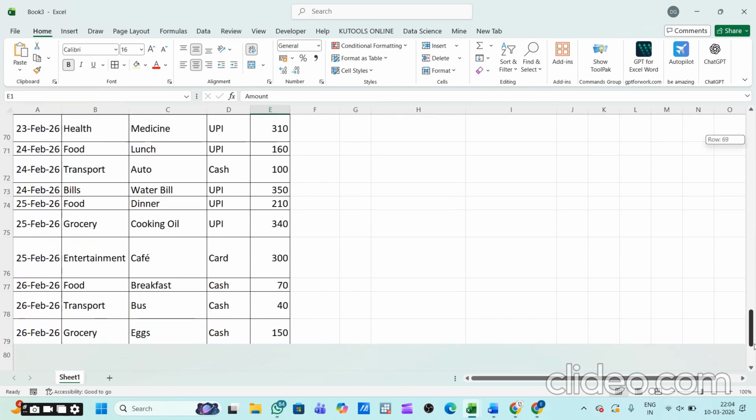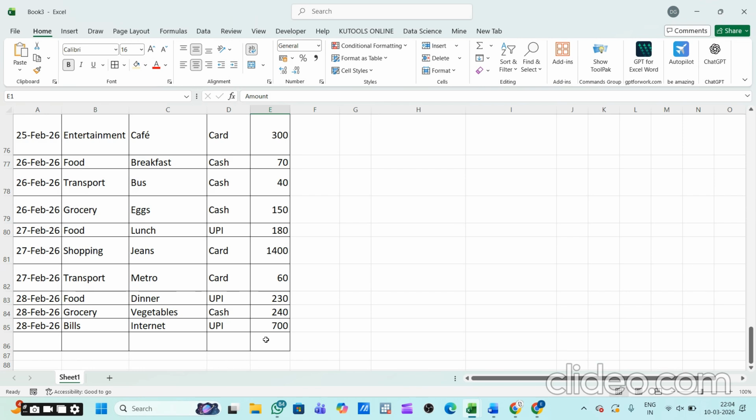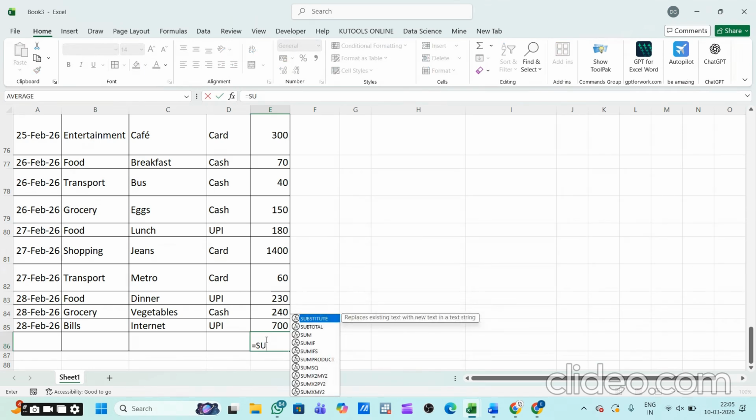So to find out the total in Excel, it is very simple. It is very easy to be done. We can use the sum function. If we use the sum function, we can actually easily calculate the total expense of the entire month of February